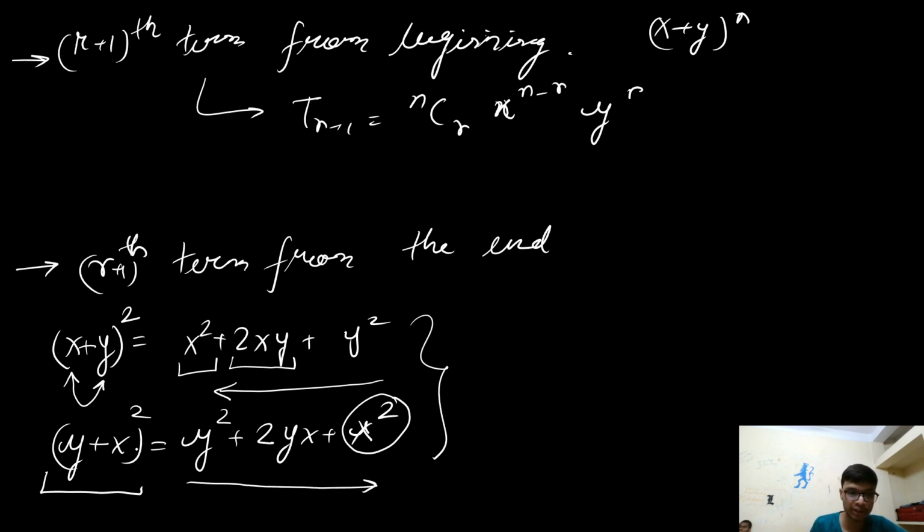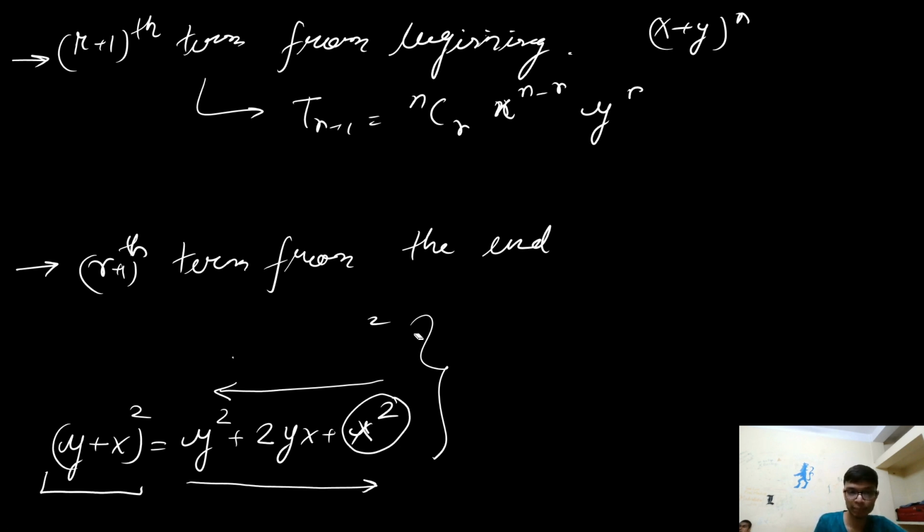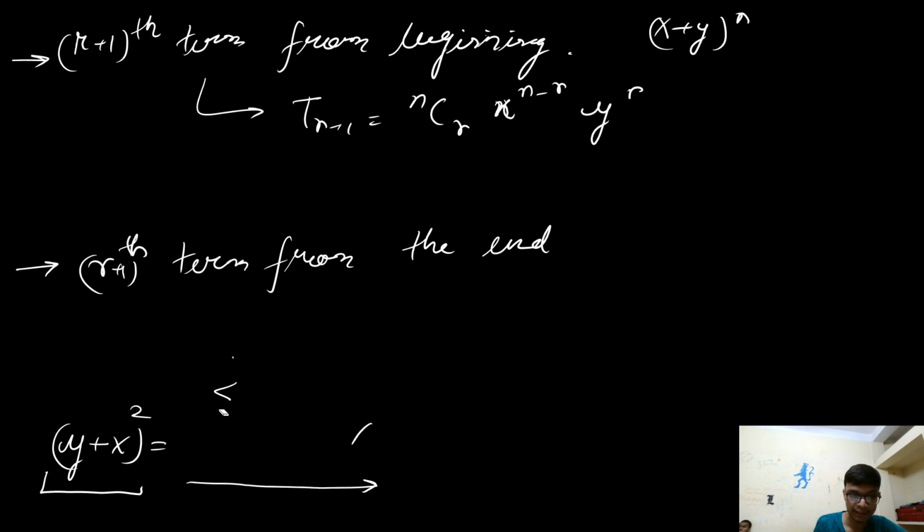Now on this particular intuition, whenever the question asks that you have to calculate the (r+1)th term from the end of any particular relation, you don't need to memorize any particular formula. Instead you will do,